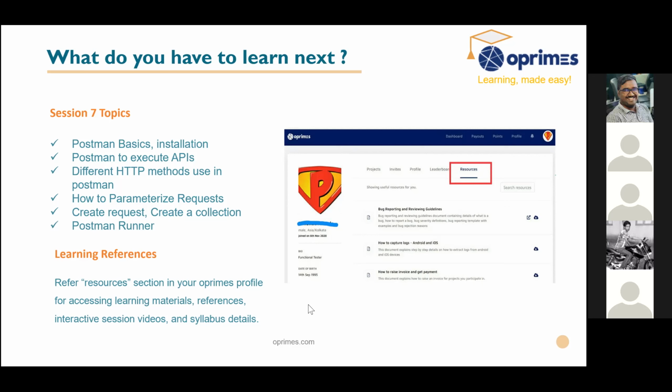Thank you so much, everyone. As Ovia was mentioning, for the next session, please do come prepared. I request all of you to install Postman yourself and try to play around with it. One of you had given one link last time where sample APIs are available for testing. I would request you all to do some hands-on self-learning from your side also, because that is something we are aiming at in the end.